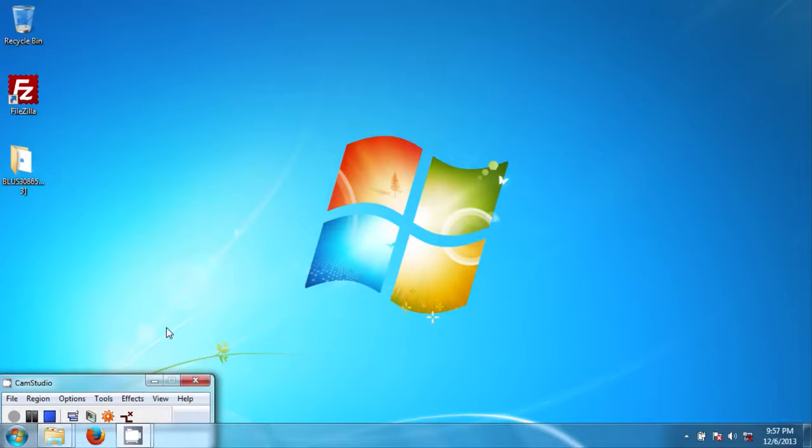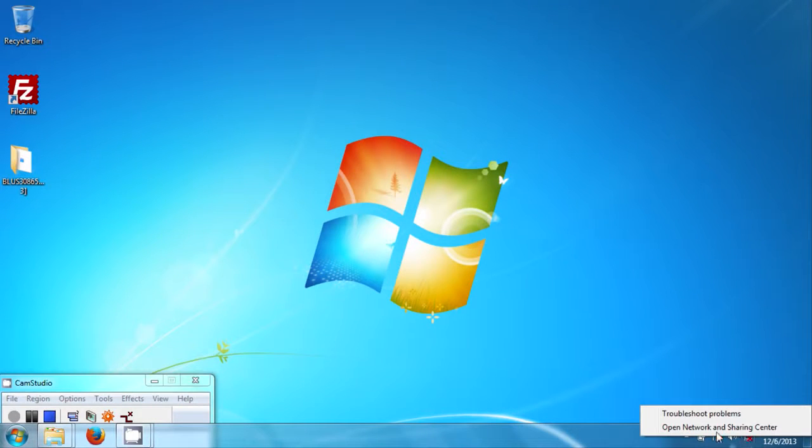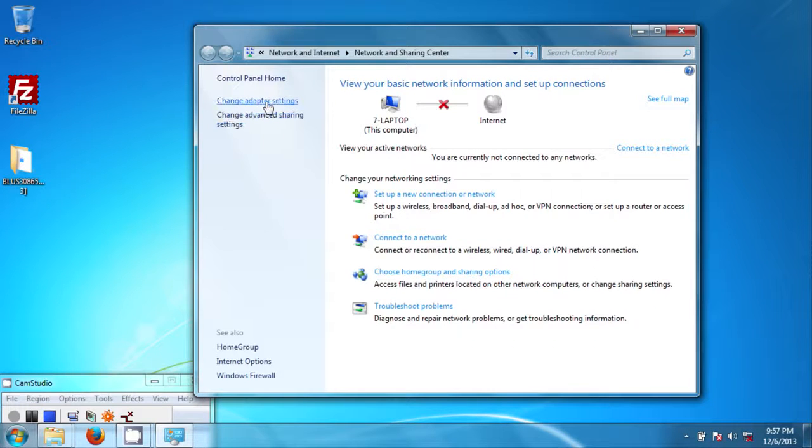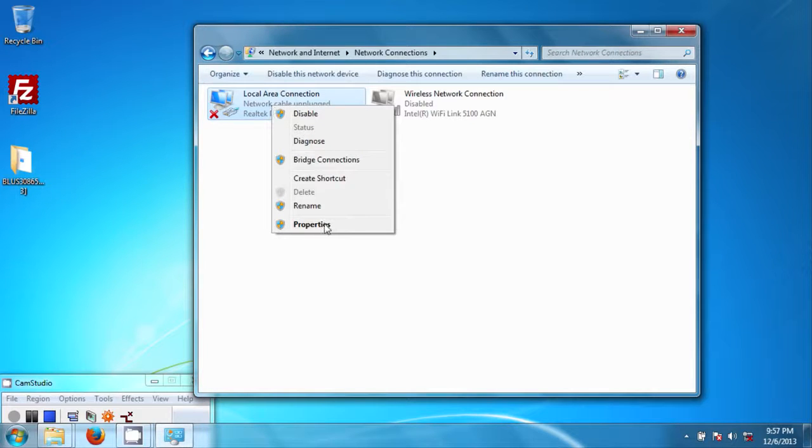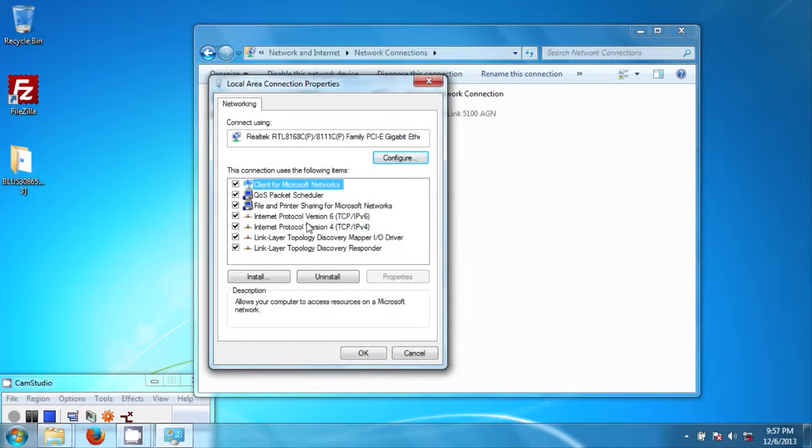So anyways, first you want to go ahead and connect the Ethernet cable ends onto your computer and PS3. Next, you want to go back to your computer and change the IP address, and by doing so you go to the bottom right hand corner over here, and this is Windows 7 by the way, and you right click on this icon, go to Open the Network and Sharing Center, change adapter settings, and then right click on Local Area Connection, go to Properties, and then Internet Protocol version 4,